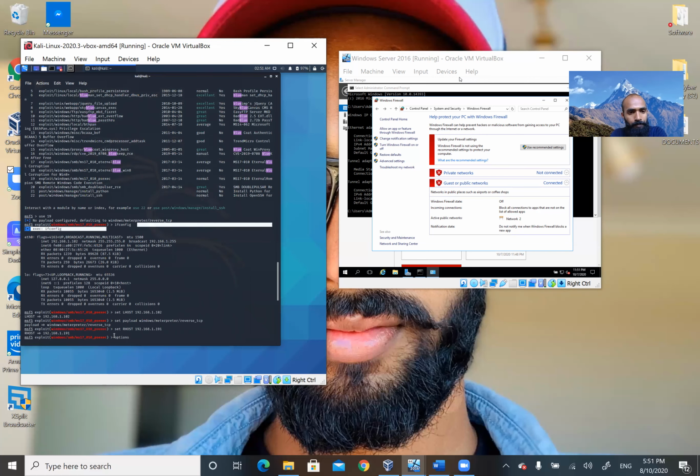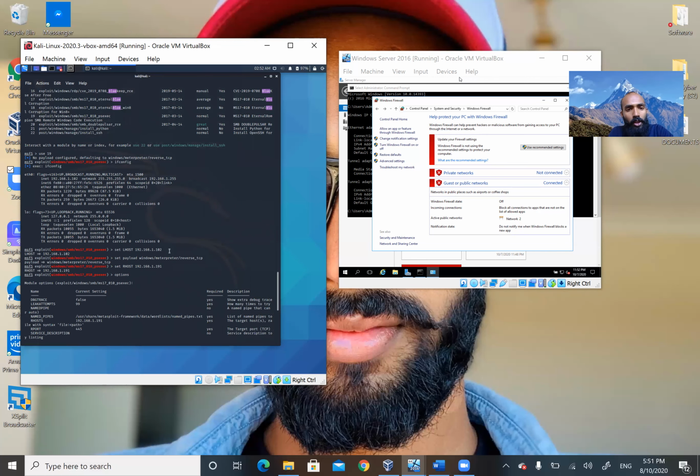The next thing is we are now going to set the local host and then the remote host, I mean the victim machine's source. This is our Kali Linux IP address, that is the local host. And we have also set up the payload, that is Windows meterpreter reverse TCP, because reverse TCP is, I think, quite a good one to do this penetration testing or hacking, because this is both ways. We have also set up the victim machine's IP address here. I'd like to show you.